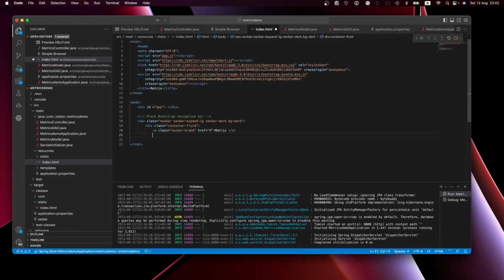We need to close the div as well. Yes, we close the div and we close the navigation bar. Below the navigation bar, Bootstrap container, no, we will call it main content for simplicity, and the main content will be our database